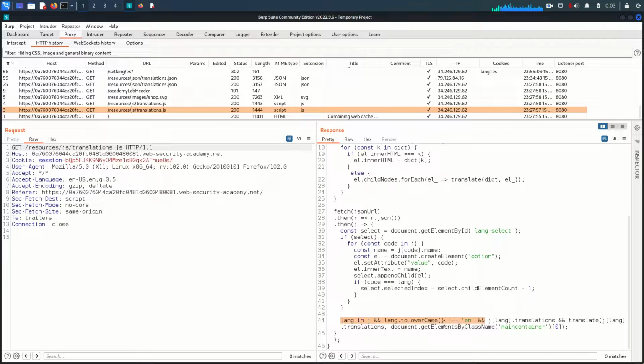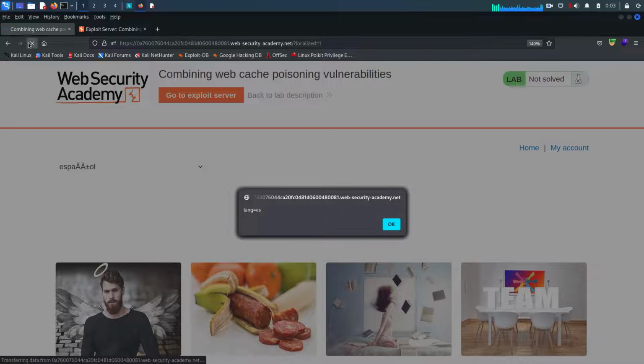As you can see, the default language is set to English. The problem is whenever any user visits this application, by default the user will get the English page, and you cannot change